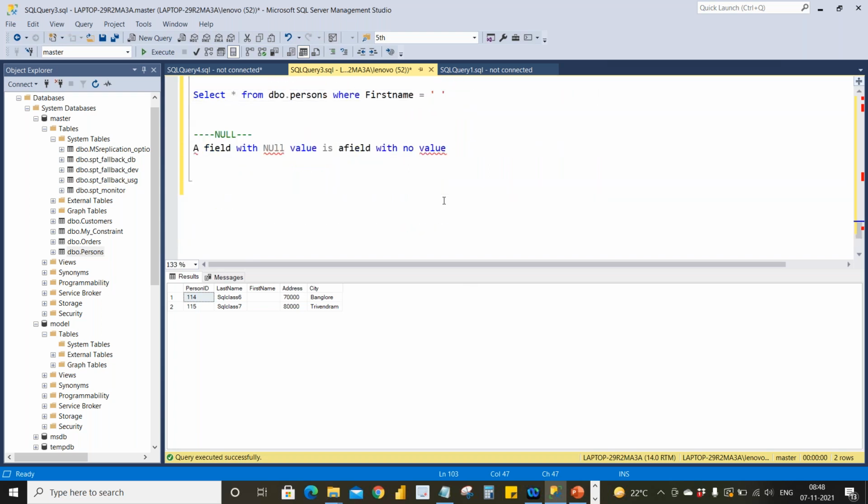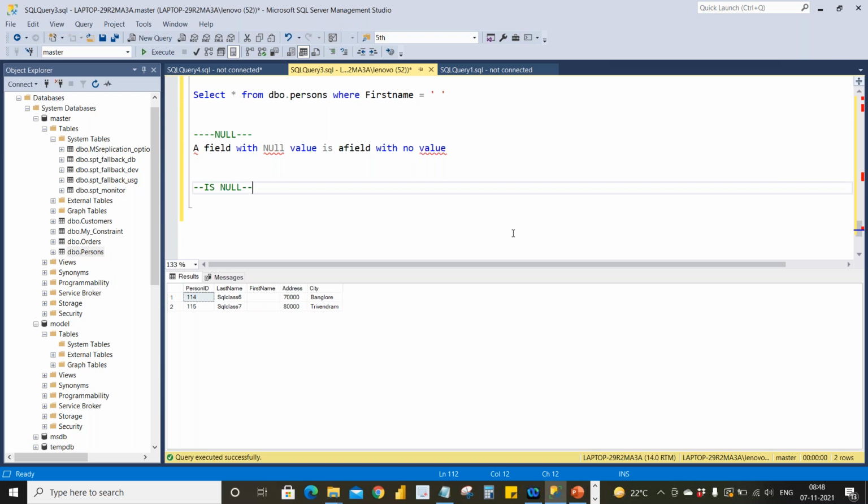Okay, we will talk about the null value and we will close out. I want to get the data with a field which has a null value. So how will I get the data? First of all, I'll tell the syntax. It goes IS NULL.